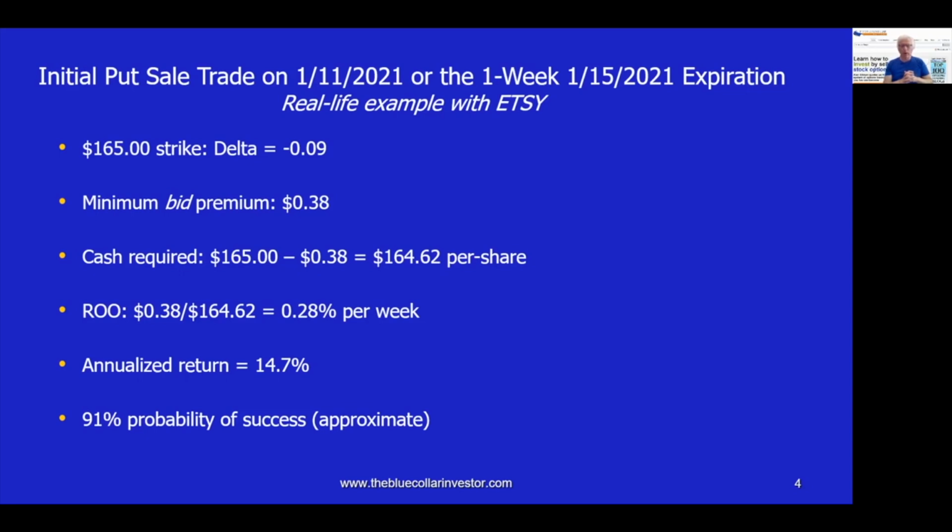So if we assume that we're receiving 38 cents selling the 165 strike, how much cash will our broker require us to secure that put? Well, the formula is the put strike minus the put premium per share, and that is 165 minus 38 cents, or 164.62 per share. What's our initial time value return? Well, we generate 38 cents on a cost basis of 164.62, and that generates a 1 week initial time value return of 0.28%, which will annualize out to